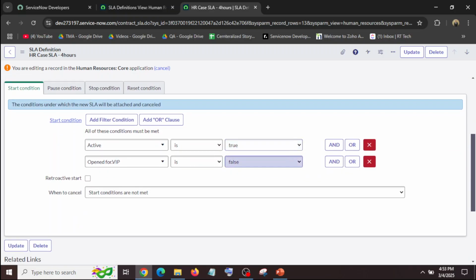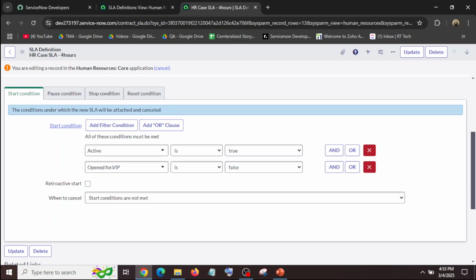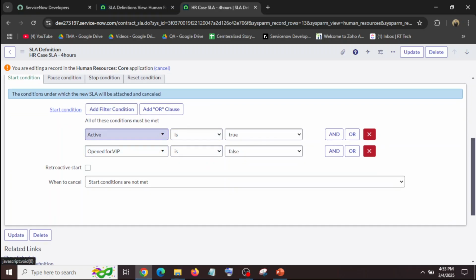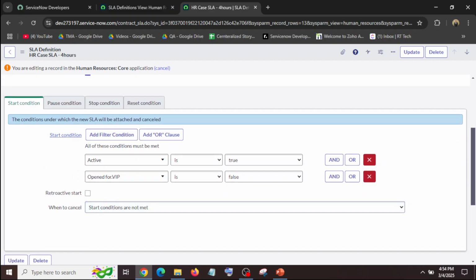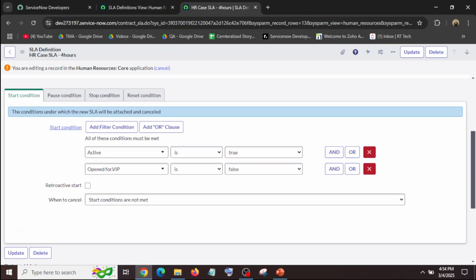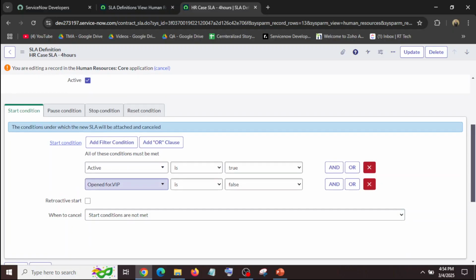The SLA works in the way that we define the start condition. In this SLA, the start condition is when active is true and open for VIP is false. So when these conditions are met, this SLA is automatically triggered and attached to the case. And this is when to cancel: the SLA is cancelled when the start conditions are not met.